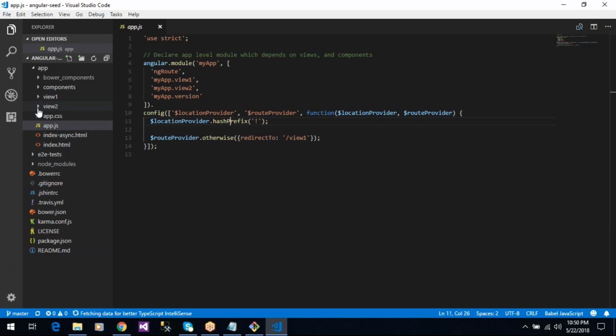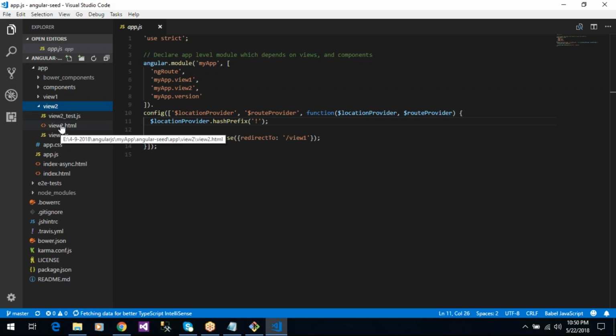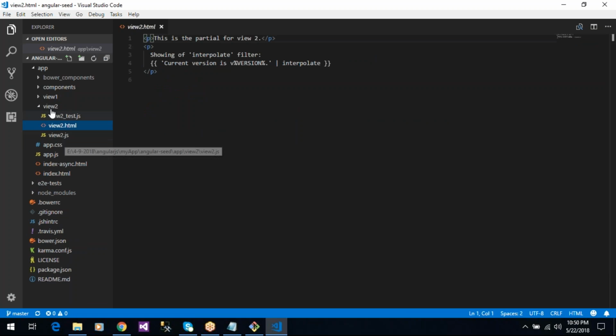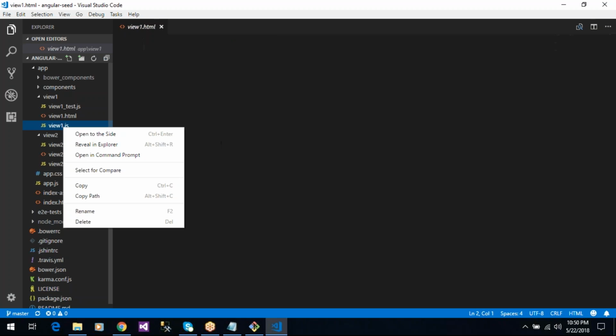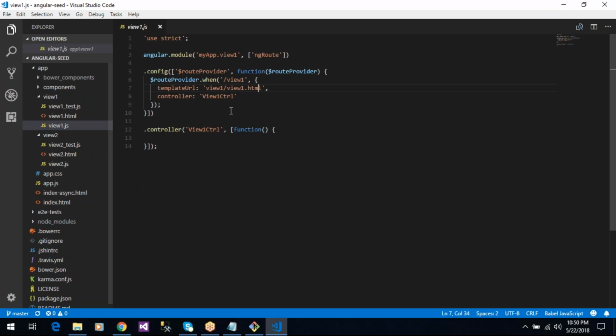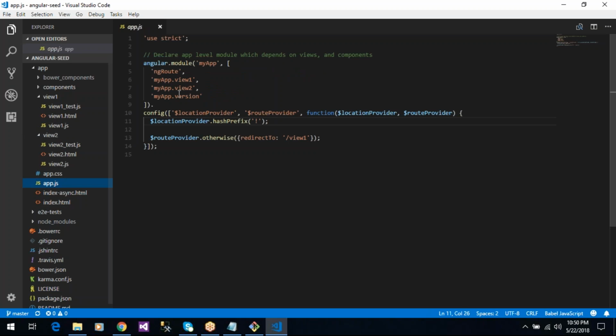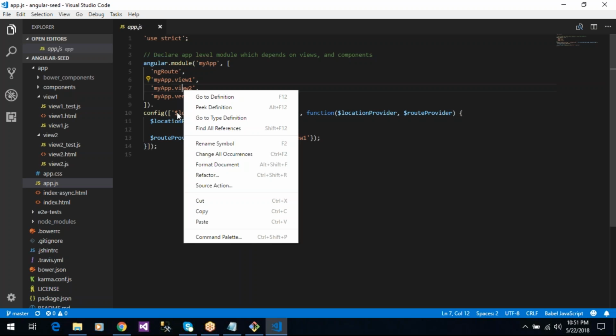Only v1 and v2 are there. So these are the two templates, v2.html and v1.html. Okay, these are the separate controllers for the v1 template. Okay, so view controller, and this is the module for this template only. Okay, myApp.v1 is the module for this v1 template, and for v2 myApp.v2,